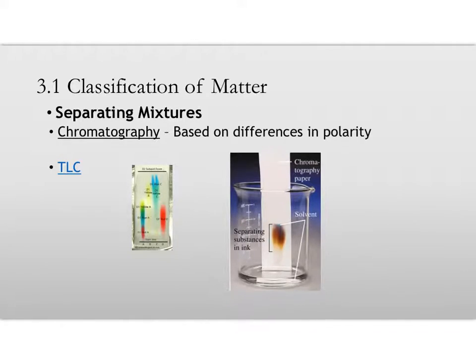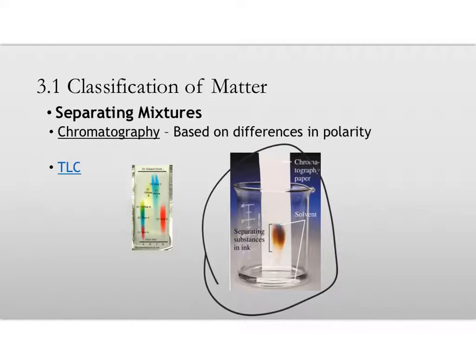They take this piece of paper with the spots on there and put it into a flask, like over here, with a solvent, like that stuff right there. The solvent will run up the paper through capillary action. When it interacts with the ink, it will dissolve some of the ink in it,